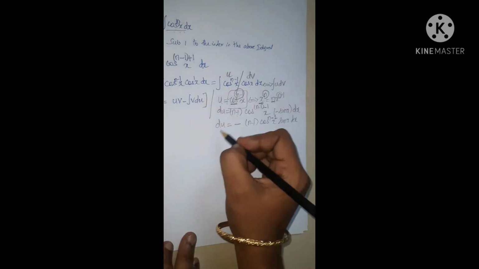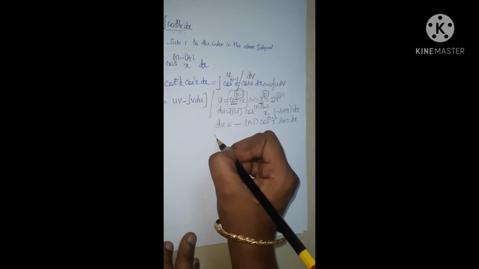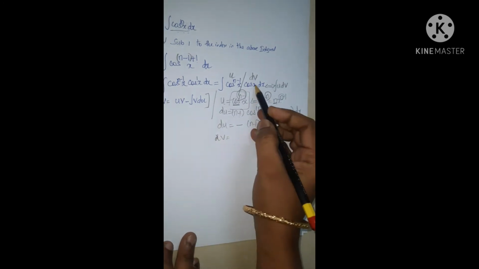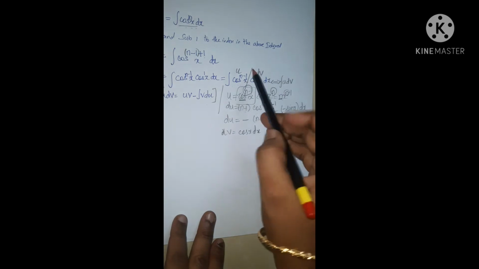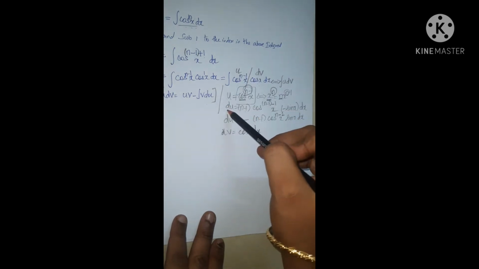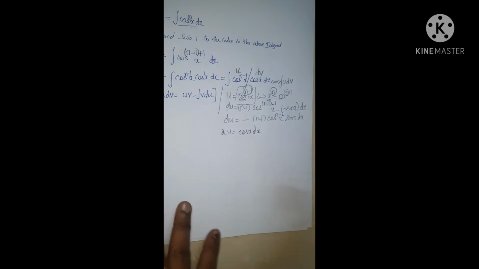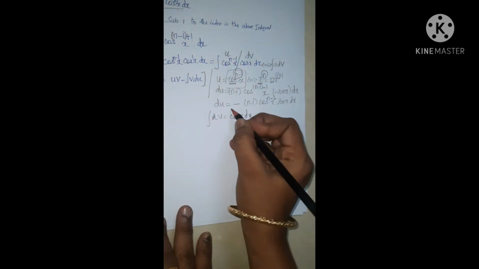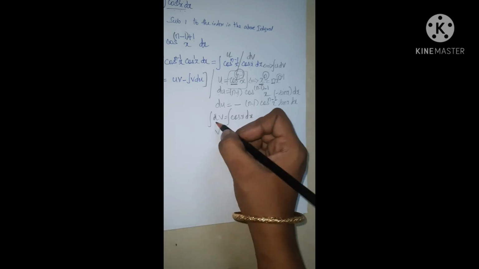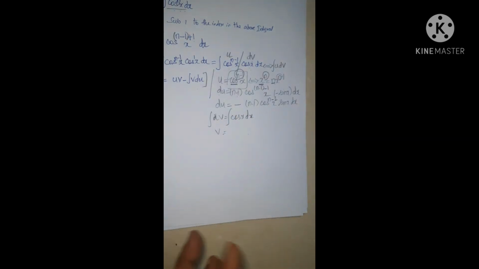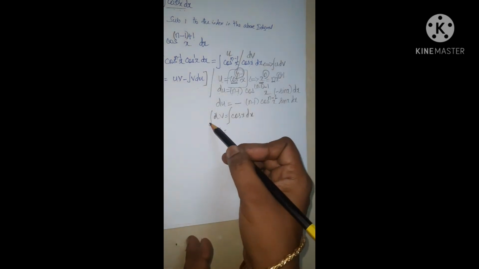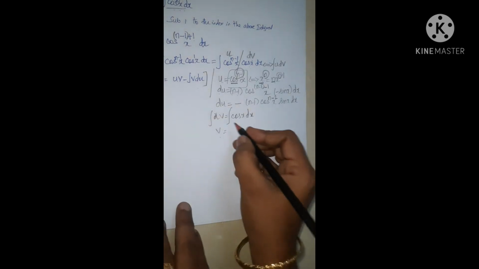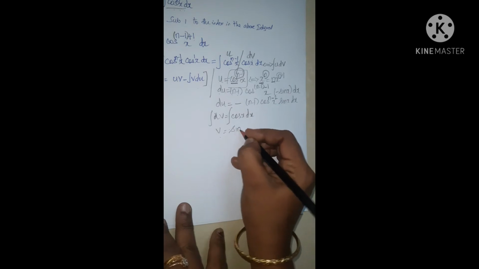So this completes u. The next one, what is dv? dv is nothing but cos x dx. Always keeping the parts method in mind, the function u is to be differentiated and the function dv is to be integrated. So the integral of dv gives us v. Integral and derivative are reciprocal operations of each other, so the integral of that function gives you the main function v. And the integral of cos x is sin x.